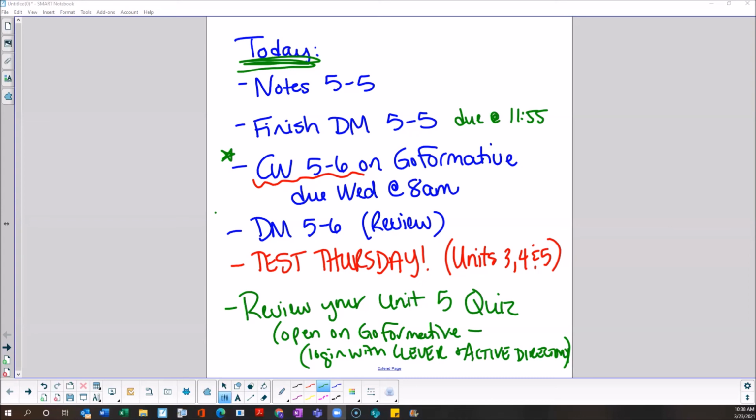Since it is multiple choice, I think it'll help keep us from making silly mistakes like leaving pi out of the answer or giving a decimal answer when it should be exact, that kind of thing. But don't be fooled that just because it's multiple choice, it'll be super easy, because there's a lot of stuff in these circle units, right? Since it covers Unit 3, 4, and 5, there's really a lot of material. So I hope that you'll go back and